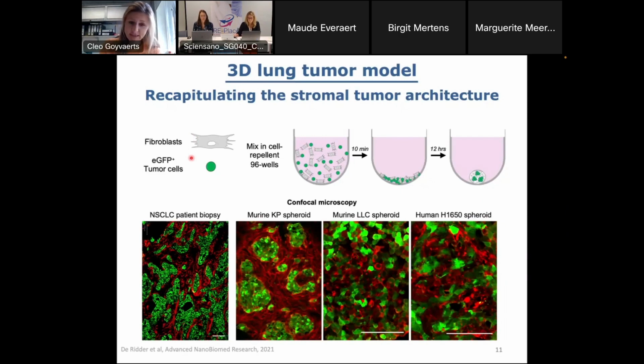And as a side note, this is different for different tumor cells. We found for 3 different lung tumor cell lines, so 2 murine cell lines and 1 human cell line, that if we mix them at a specific ratio, especially for the KP spheroid model, we nicely found back again these tumor islets. In this case, it's not the keratin staining, but it's the green fluorescent tumor cells that you find here back in the islets,